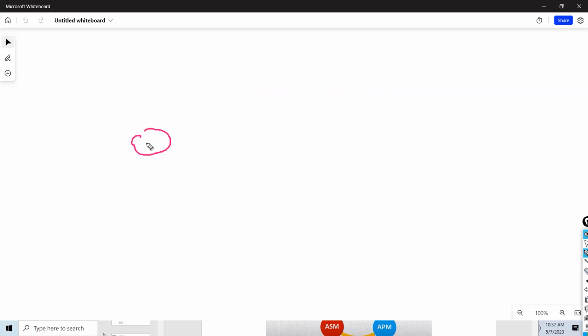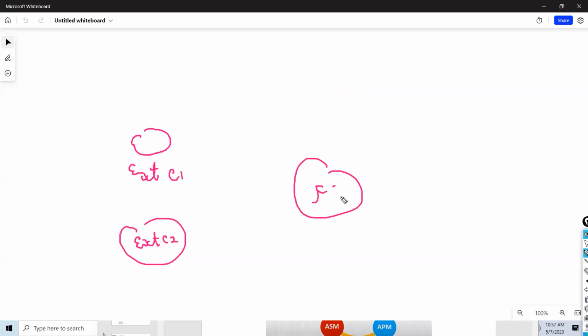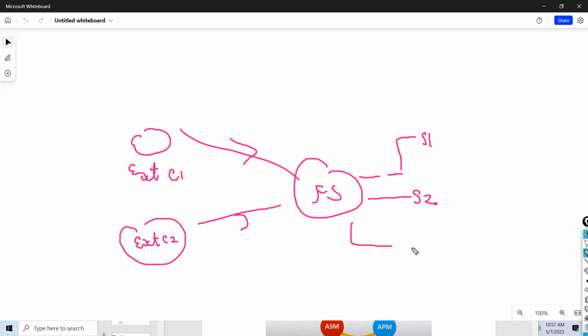Because your external client 2, that request will come first to F5 from the client, then it will forward the traffic to different servers. So proxy means it will take a request from an external client and forward it to a server in the internal network.